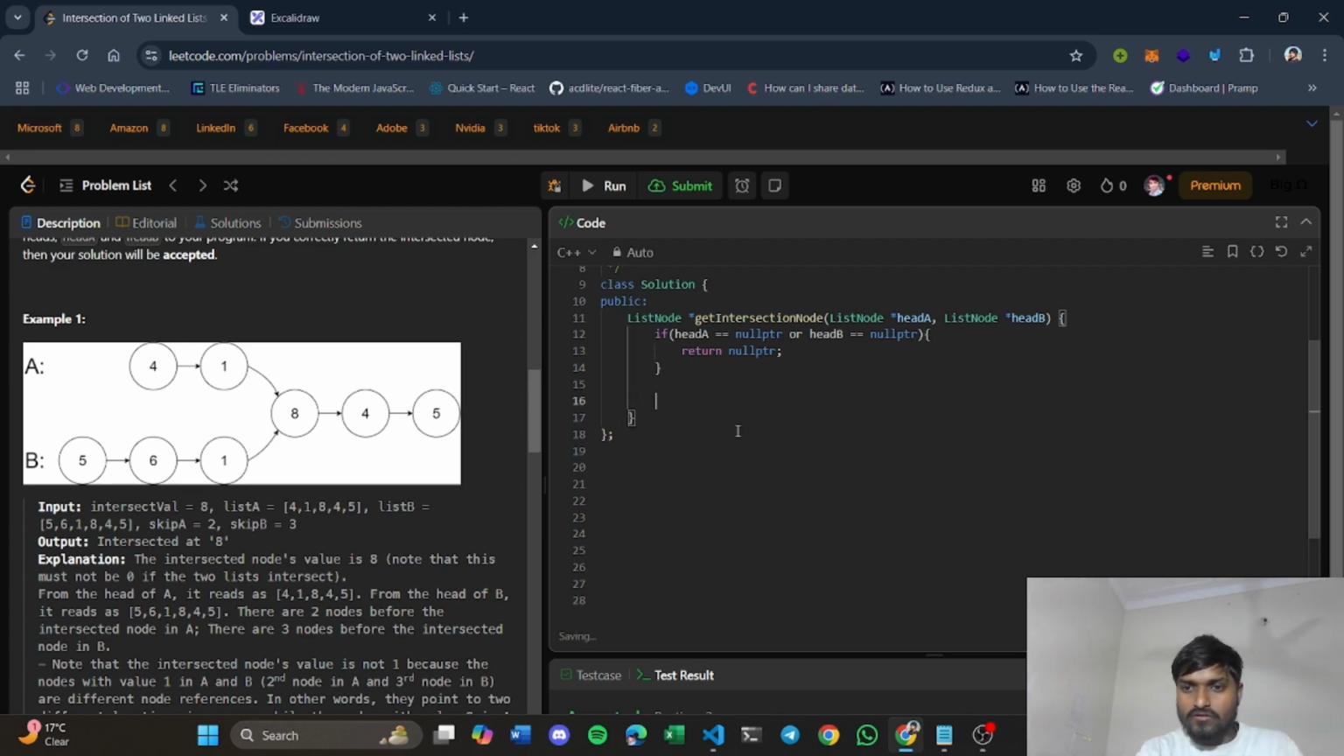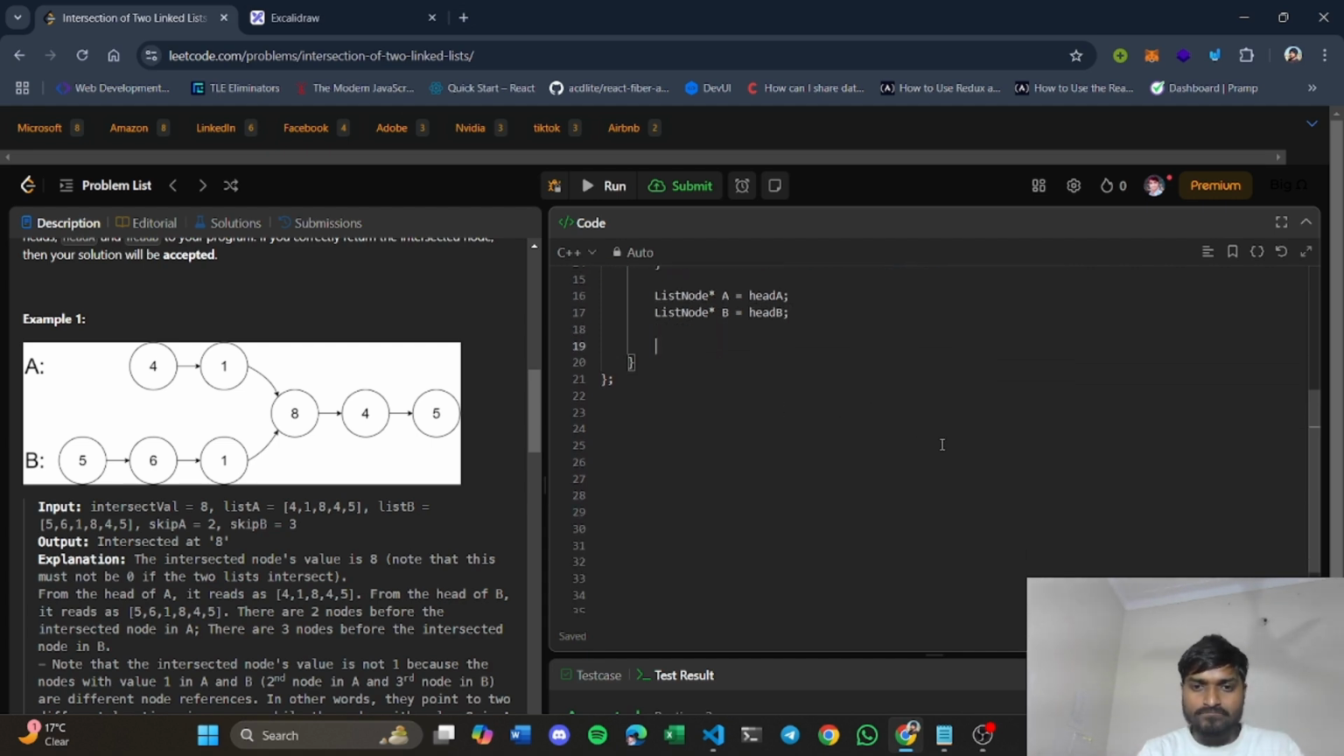Now you will create two pointers here, of type ListNode. Let's call it A, which will initially point to head A. You will create another pointer B, which will initially point to head B, right? Now you will run your while loop until A is not equal to B, right? So inside this while loop, you will check the condition, if your A pointer is pointing to null,